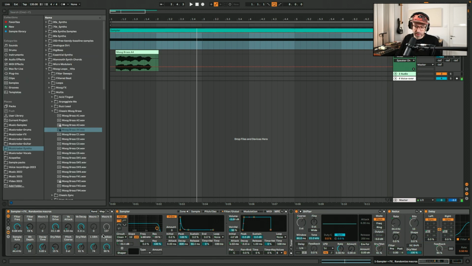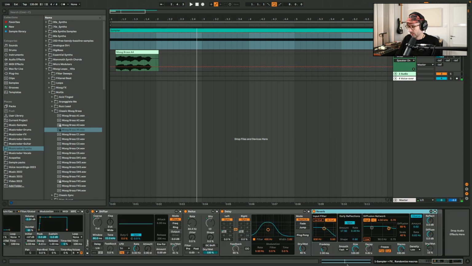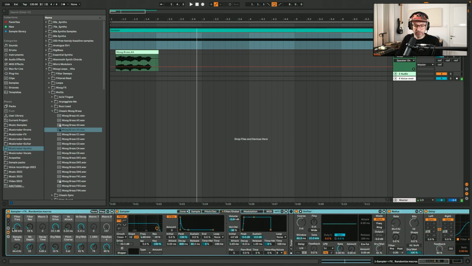In the second row of parameters here at the bottom, I mapped the effects. So for the pitch shifter, I did the coarse pitch and the dry wet. So it's this one, 5 and 6 here. For the redux, I did the sample rate and the bit rate. For the delay, I took the delay time and the feedback. And for the reverb, I did the decay time and the dry wet as well. So now having 5 sampler parameters and 8 effects parameters, so 13 parameters in total mapped to this instrument rack,